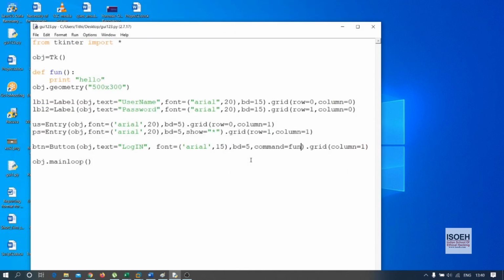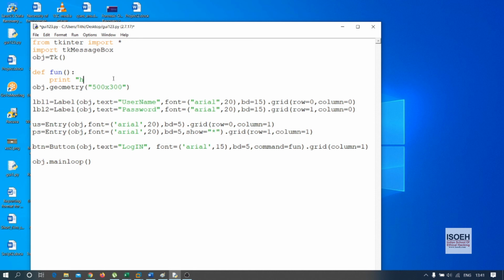Actually, in case of any graphical user interface application, everything is about the button. Because all your functions and everything happen when you're clicking the button. So now I'm displaying one thing called the message box. If you want to display some pop-ups to the user, then you can use this message box. For using message box, you have to import this. It is called tkinter messagebox.